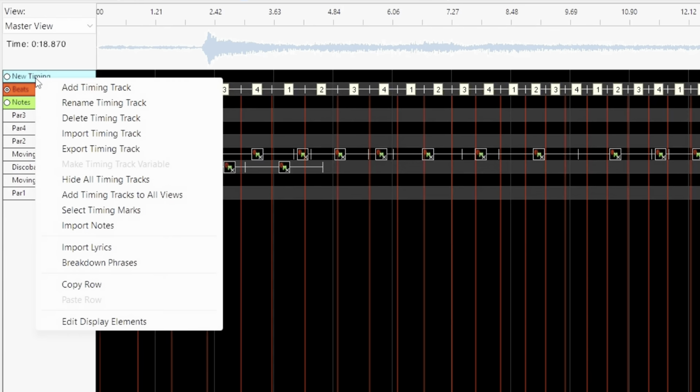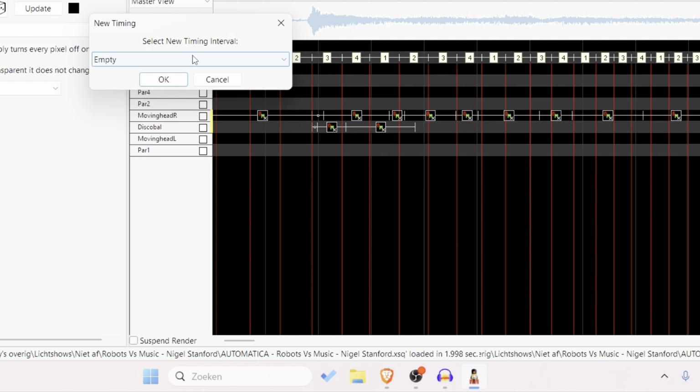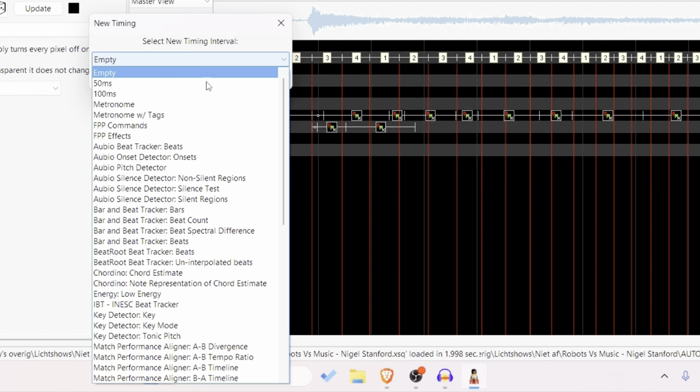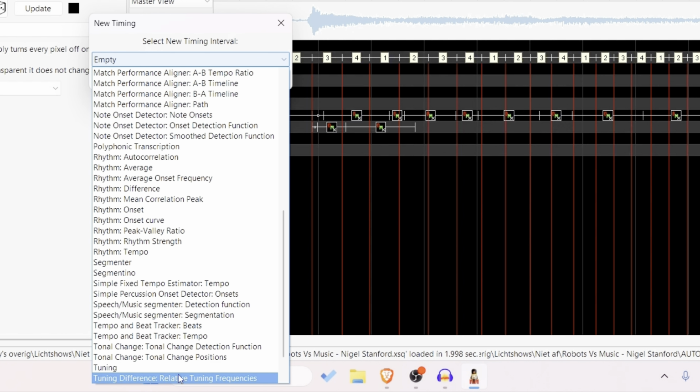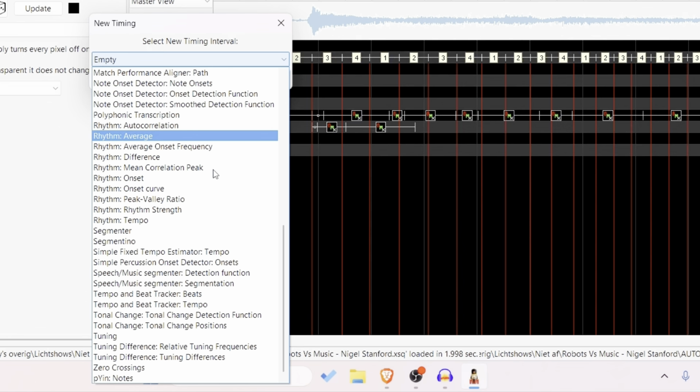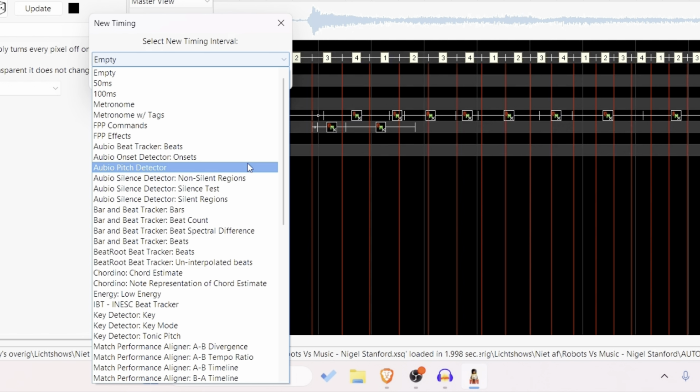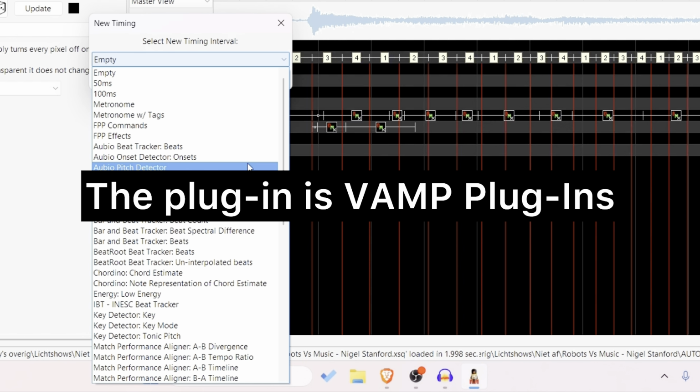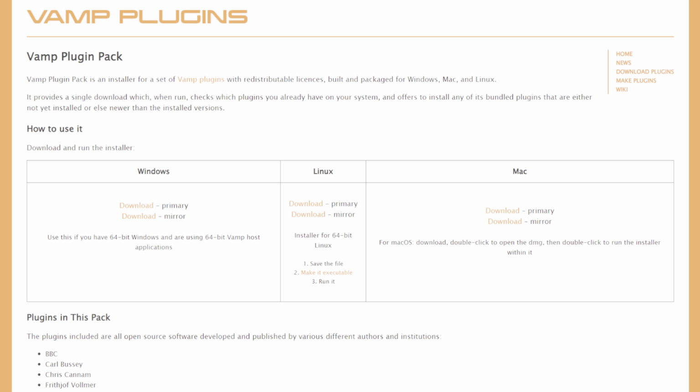We can right click on new timing, add timing track, select new timing interval, and then I have a lot of options here. But you may notice that you haven't. There is an option to download a plugin which makes all these options possible.